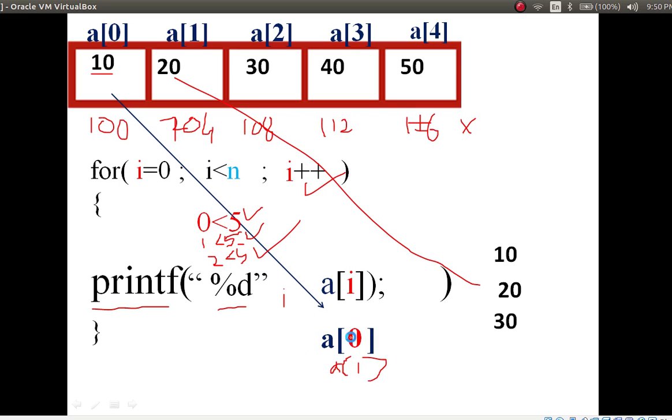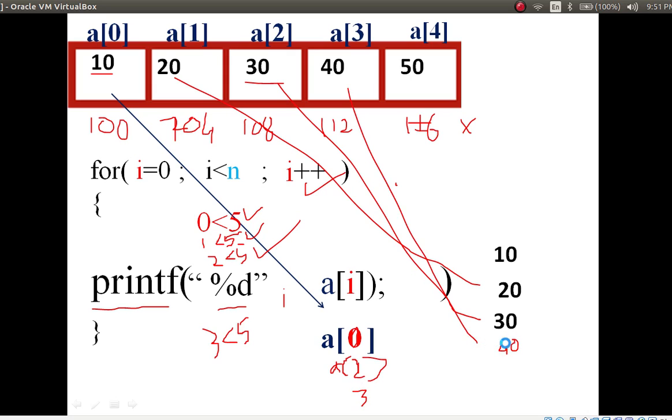Now i value becomes 2. What is the a of 2 value? a of 2 value is 30. 30 will be displayed. Next, increment the i value. So i value becomes 3, less than 5, condition is true. Yes, true. So a of 3, how much? 40. 40 will display, 40 is displayed.